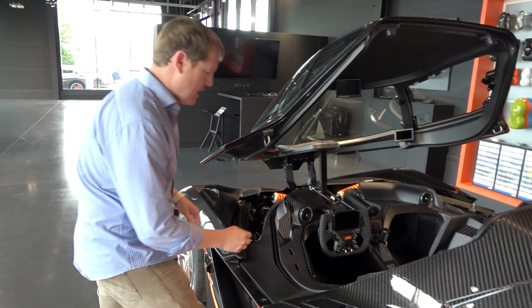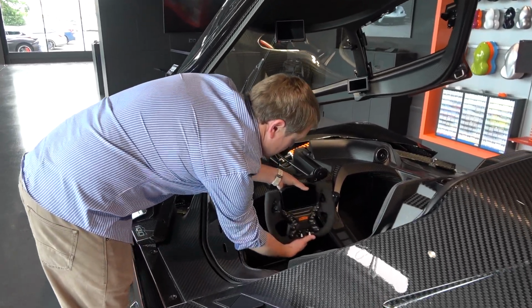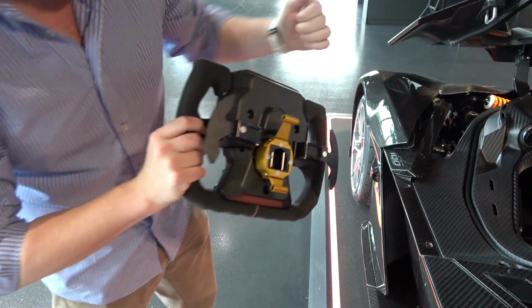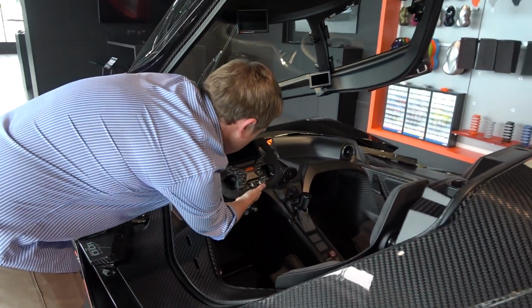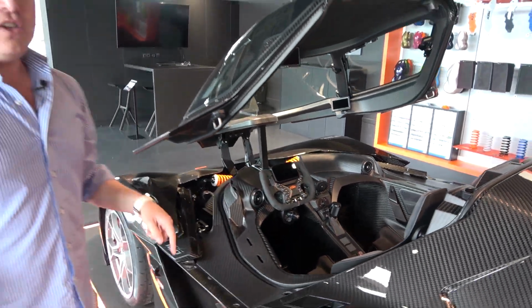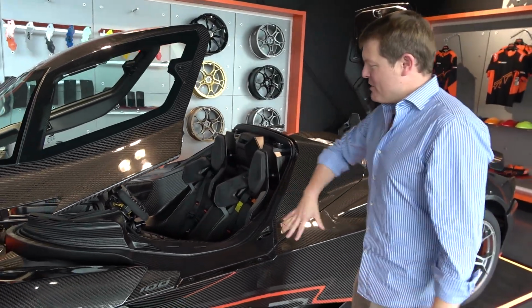To step into the car, what you can do is remove the steering wheel with its latches, and I'm just going to pull this out to show you. On the back, love that feel of the shifters. You've got these releases top and bottom, and you can actually stow this to make entry and exit even easier on a system that they've installed right above. That then stays there even when you close the canopy, so that you can literally slide yourself in. And I'm still learning. When you've done it a few times, it certainly gets easier, but you slide yourself in